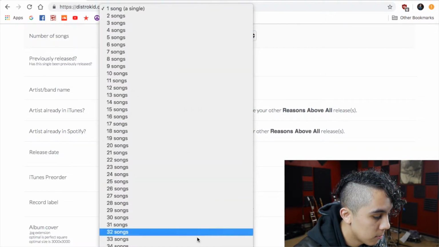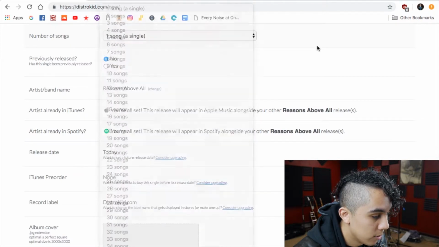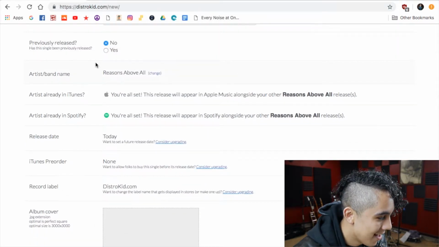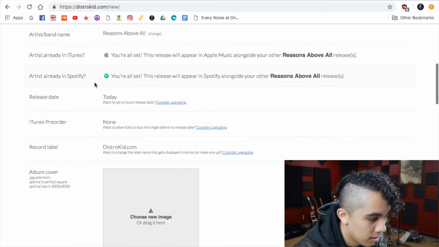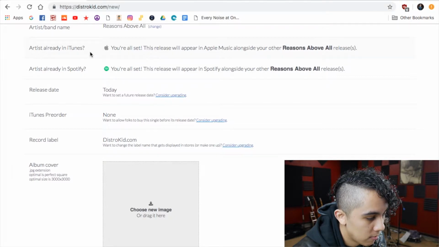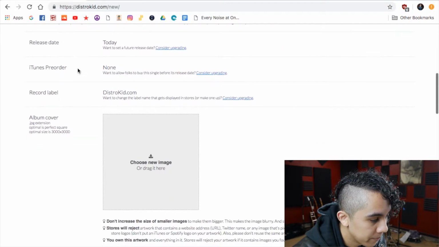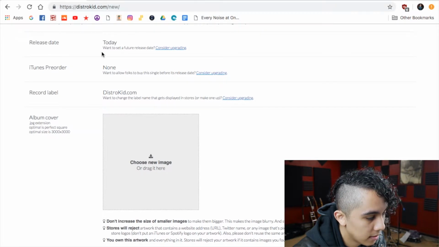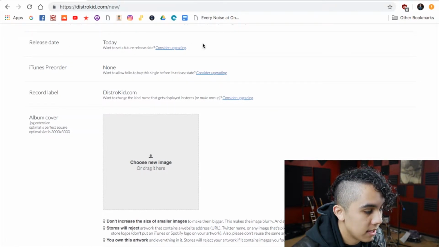Apparently the max you can do at one time is 35, which is a lot. Previously released, yes or no. The band name, which you can't really change unless you have a higher plan. Then you're just linking it to your iTunes and Spotify accounts, and the release date says today,